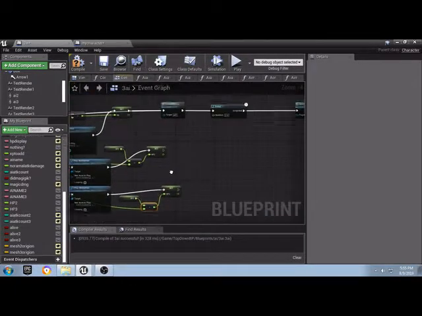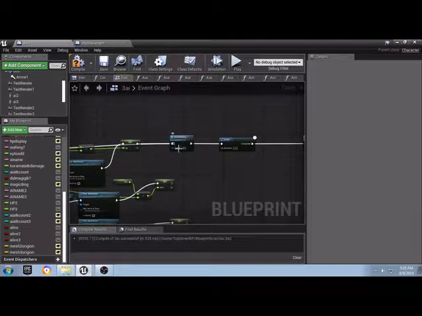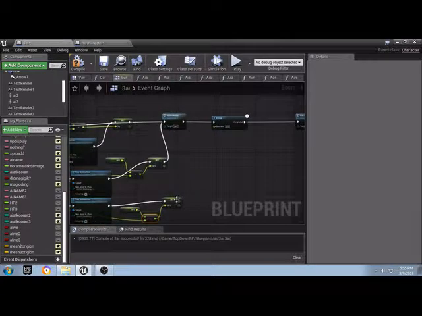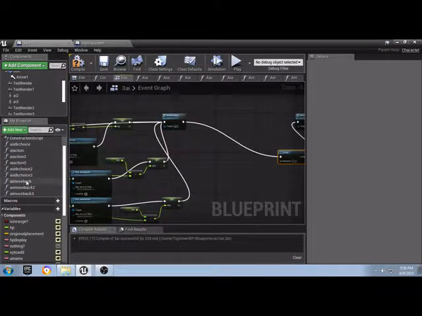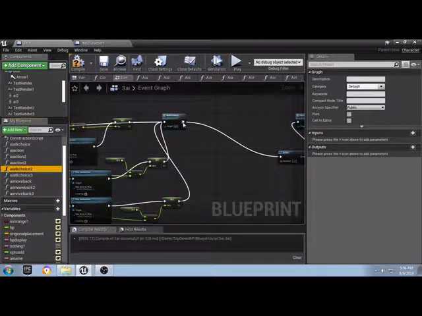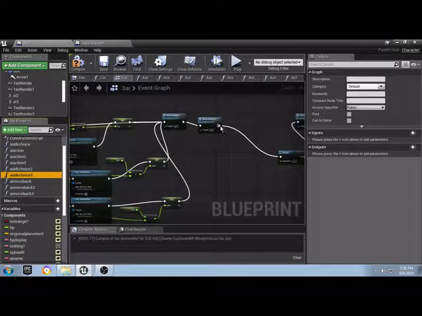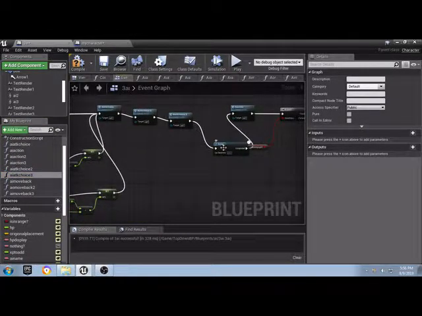Alright, and then once we've done that, we want to set the AI attack choices. So we'll plug all of these into there, we'll give ourselves some room, and we'll pull in some functions. So AI attack choice 2, AI attack choice 3, and then we'll run our delay as normal,